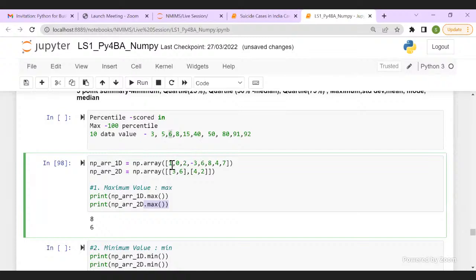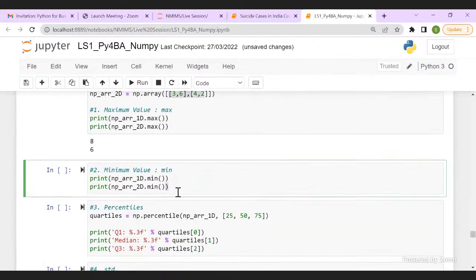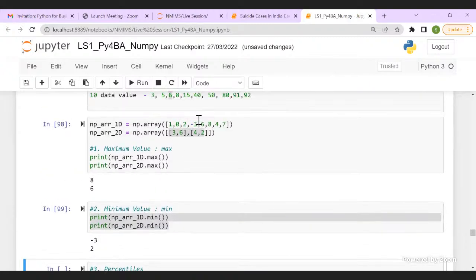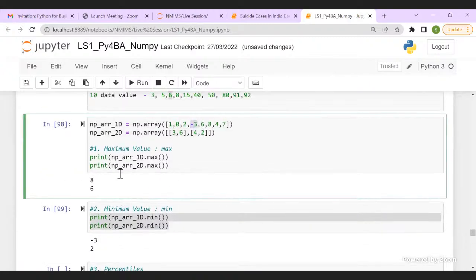The maximum value here is 8, and here it is 6. Similarly, I can call my minimum value. The minimum value in this array was -3, and here it was 2.